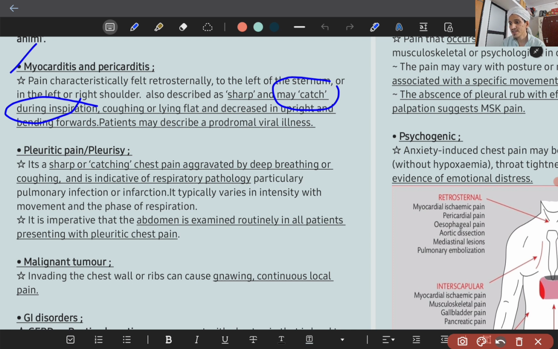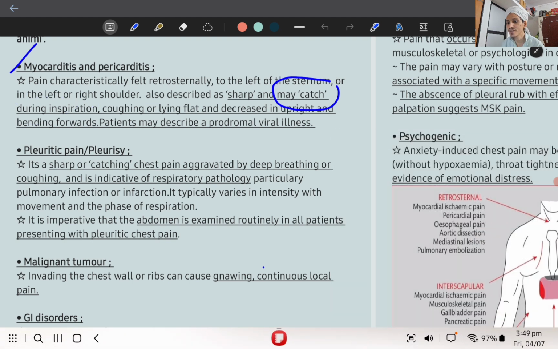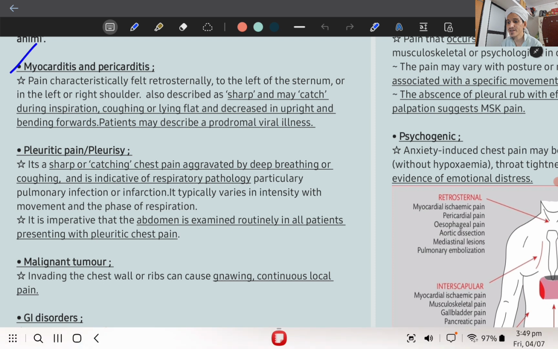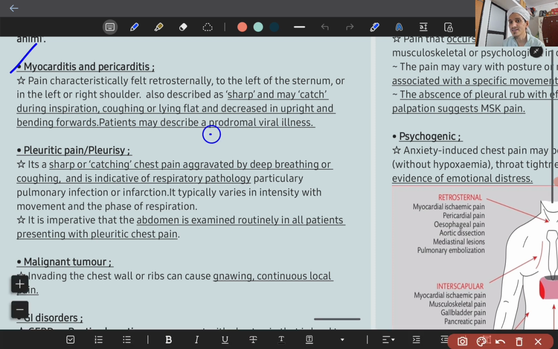So pain is sharp and it may catch during inspiration, coughing or lying flat, and decreases on sitting upright and bending forwards. Patient may describe a prodromal viral illness, so viral pericarditis or myocarditis. That's about the pain of